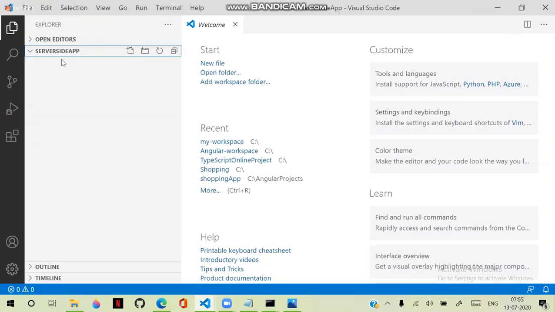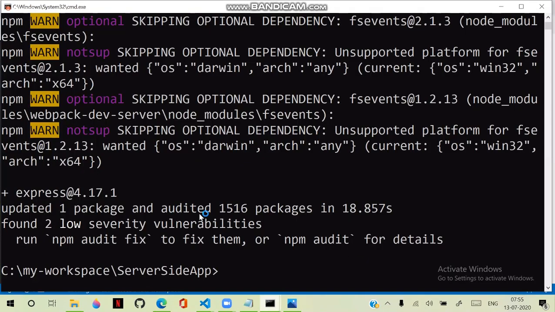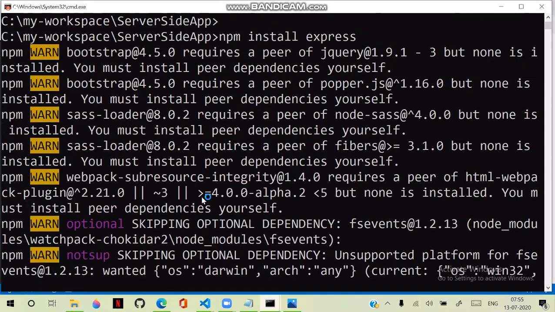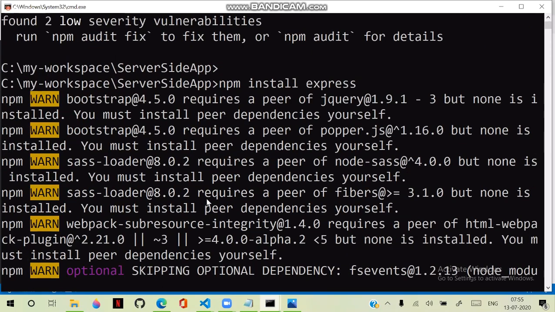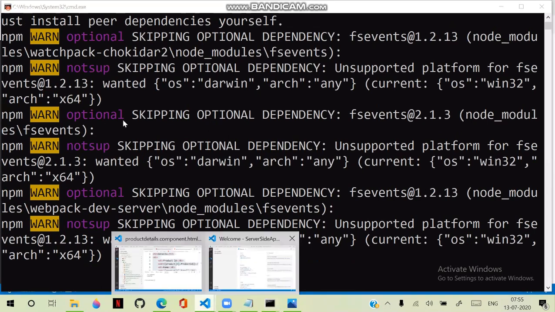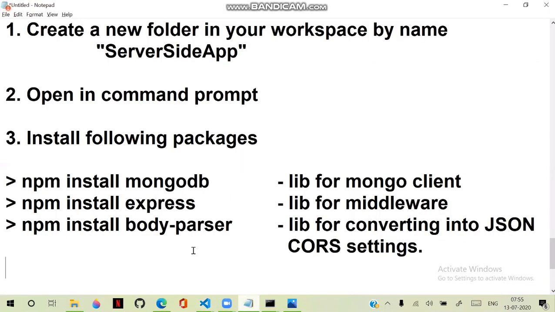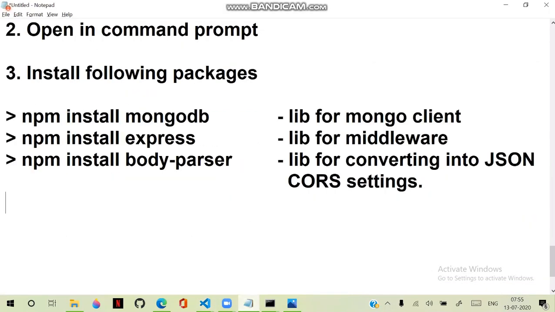And whatever packages you have installed for this server-side app, they will be in the node modules of your workspace. That means obviously in the node modules of your workspace, those packages are available now. So now what we have to do is in the server-side app, you need to create business